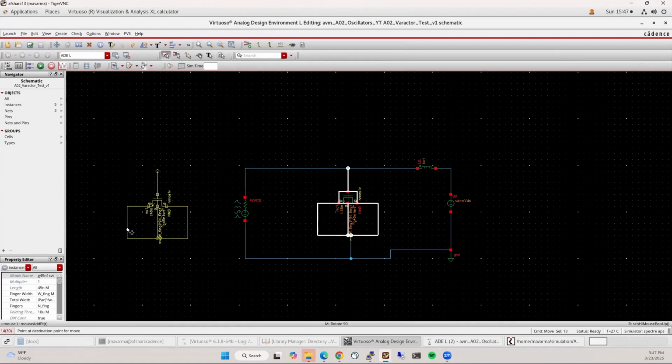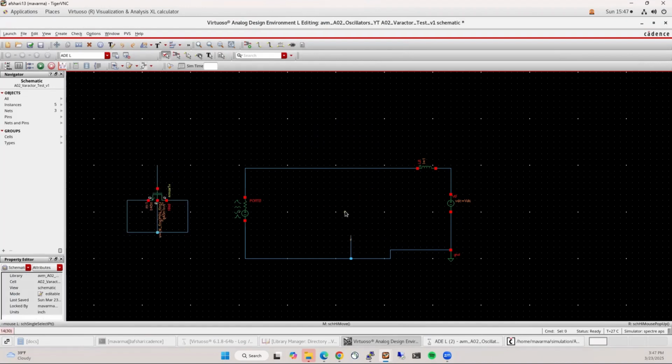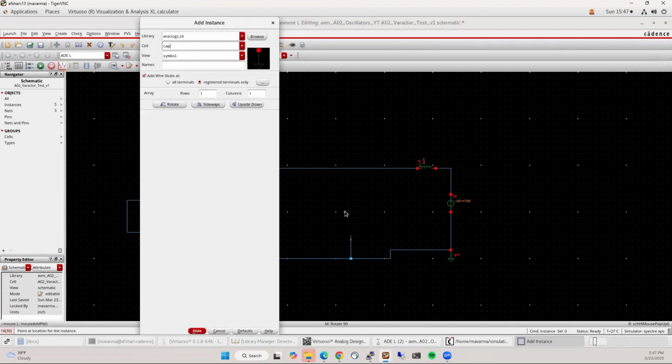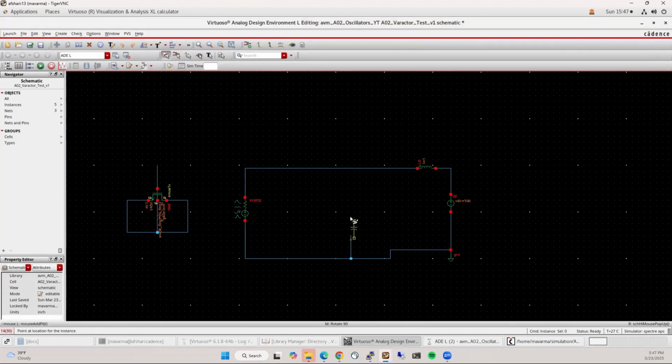And I'm using a lot of hotkeys, which I have on my website, the Cadence hotkeys. I'll leave a link in the description for you to take a look at that document in case you're using Cadence for the first time. But okay, so put a cap and a resistor. Forget the resistor. Let's just do a cap,